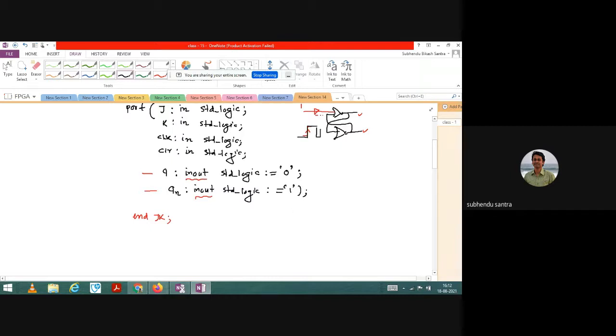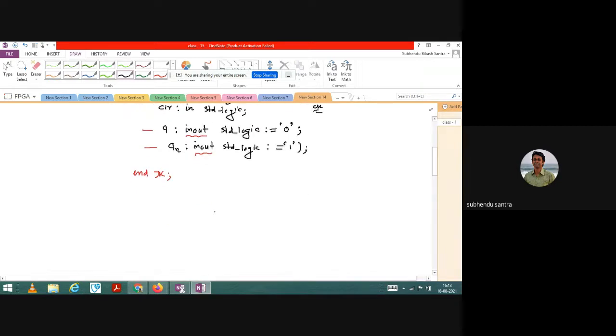Okay, so the clock actually controls the event, so I don't need to process S and R like I did for the SR flip flop. S and R I had already processed, but now I only have to process the clock signal, and the clock will control the entire event. Now the second point is that here I am using an inout signal. That inout signal, either you declare it, using the XOR gate and everything, with the data flow model, or else you can use a signal. That I will discuss today.